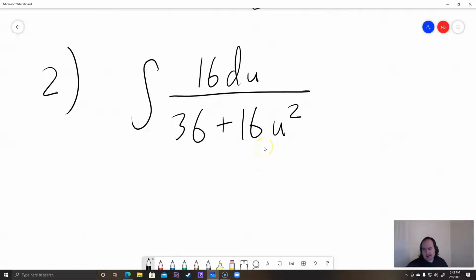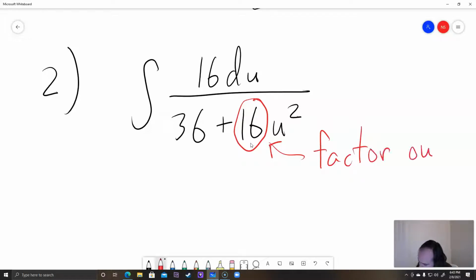So how are we going to do that? The standard thing here is you want to have a 1 over a squared plus u squared. So what you want to do is factor out a 16. But how do you factor out a 16 on the bottom? Because this term doesn't have a 16 in it, right? 36 is 6 times 6, so it doesn't have a 16. Well, you just go ahead and factor out a 16 on the bottom, and then this one is going to